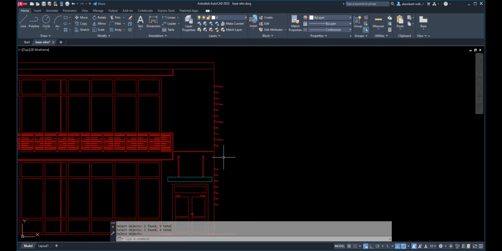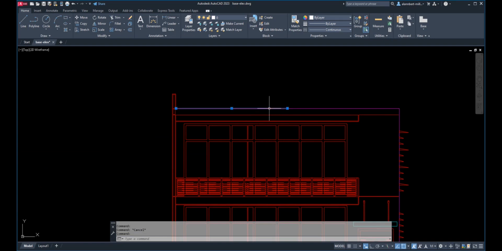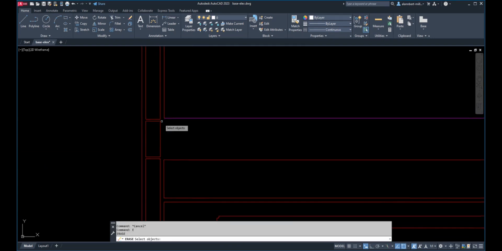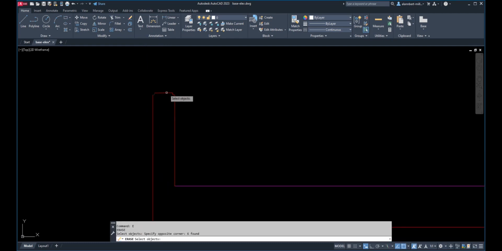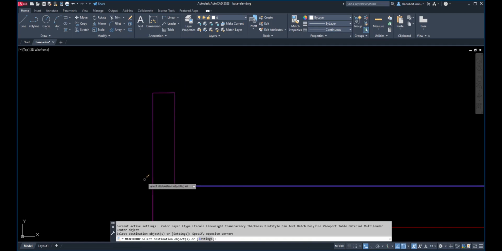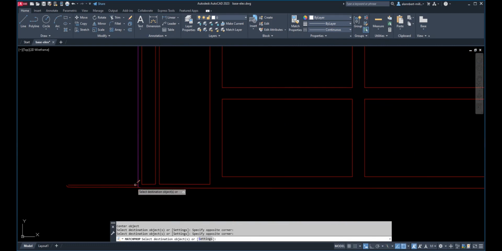Okay, now I want the outline, this line and this line to be in pen 6. Okay, this one too to be on pen 6. And then we don't want this line here, and then we don't want this, and then we don't want this color corners over here. So we want to fill it that one, and then just use a match property, and then do that, and this one too. Okay, and erase this,